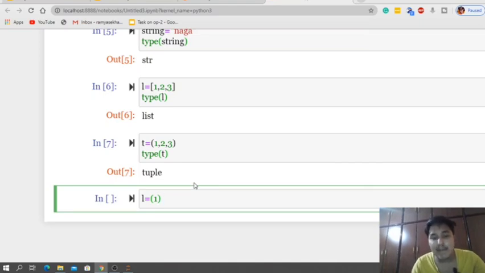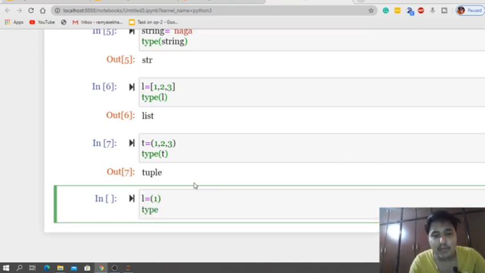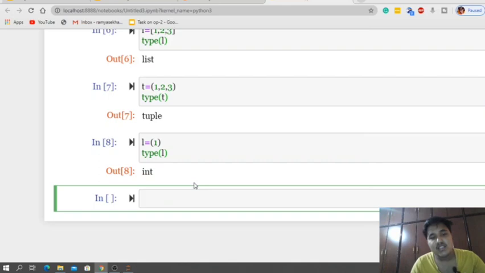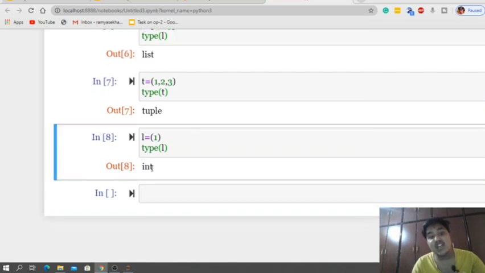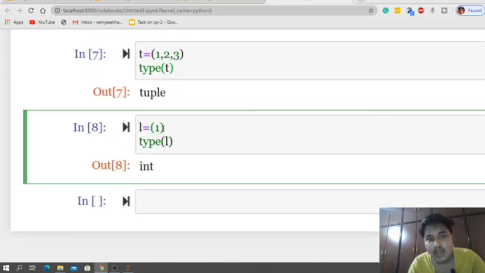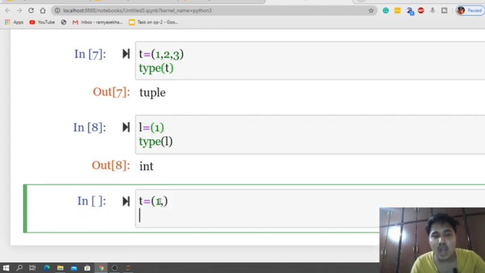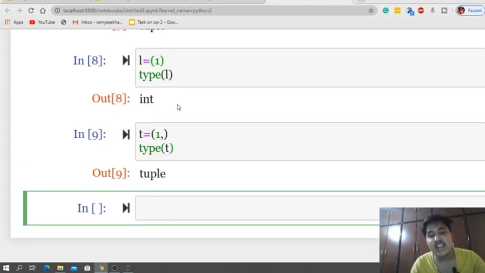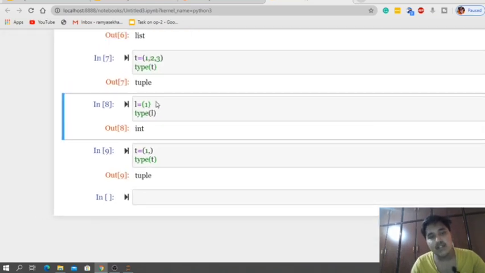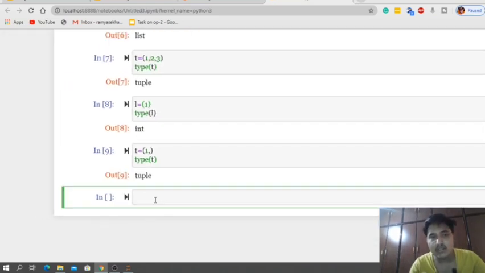I have declared it in parentheses and now I am finding the type of l. See here, you are getting int, not tuple. Why? It is an interesting point, right? If you want to declare a tuple with a single value, you can declare it by using a trailing comma, like 1 comma. Otherwise, it is treated as int, not tuple.